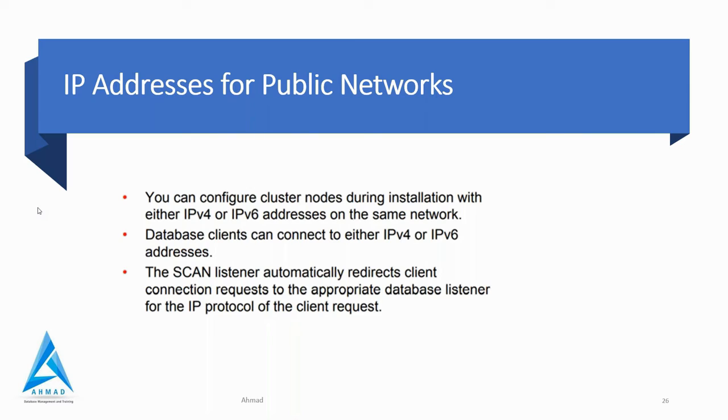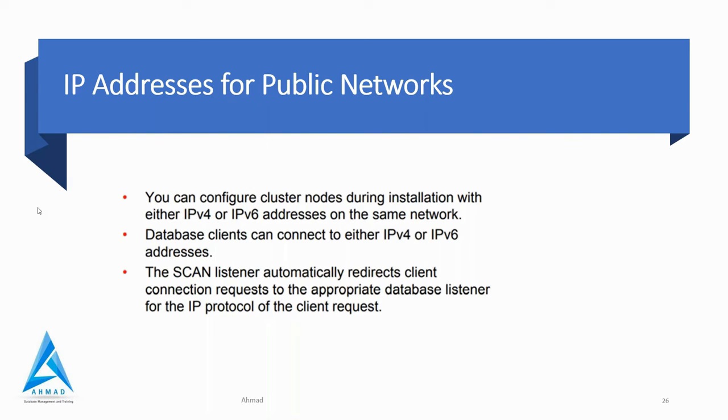So during installation, Oracle does not support configuring some nodes in the same cluster with all IPv6 addresses and other nodes with all IPv4 addresses, or some nodes with both IPv4 and IPv6, whereas other nodes are configured exclusively with IPv4 or IPv6. So what does it mean? In installation, it should be the same, but after installation, you can use both combinations.